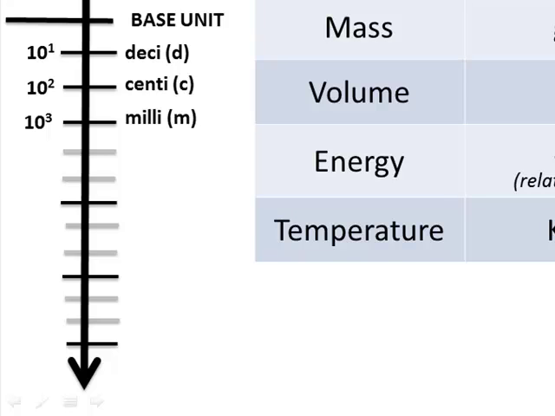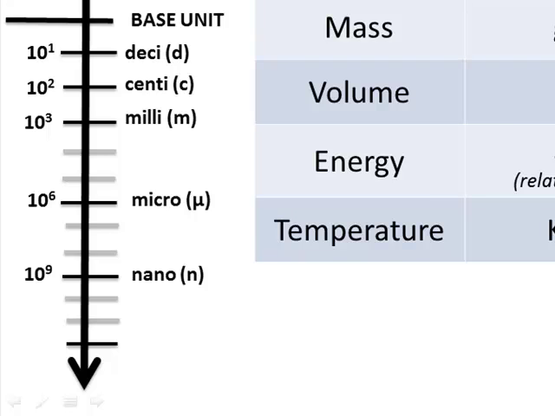Also on the smaller scale, we tend to jump down to values that change by three orders of magnitude. In other words, 3 zeros. So a milli is 1,000 times smaller than a base unit. The next prefix that's commonly used in the metric system is micro, which is represented with a Greek letter called mu. It really just looks like a cursive U with a little tail on the front of it. A micro is 1,000,000 times smaller than the base unit. That means that a microgram is 1,000,000 times smaller than 1 gram, or a micrometer is 1,000,000 times smaller than